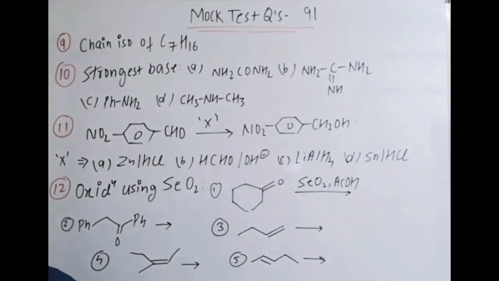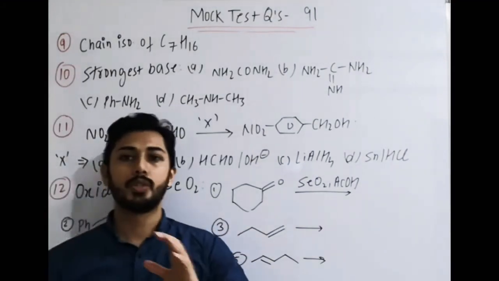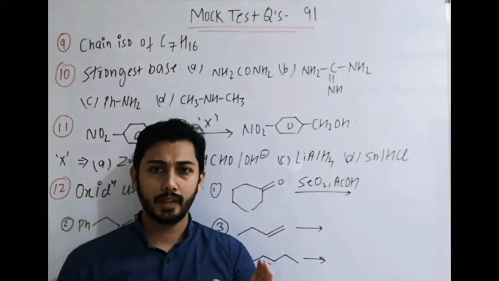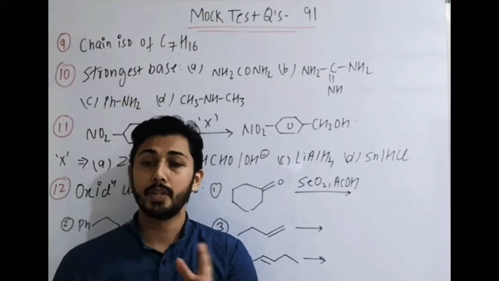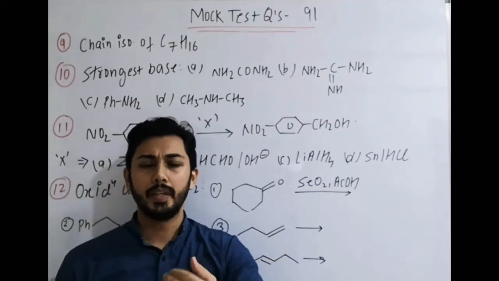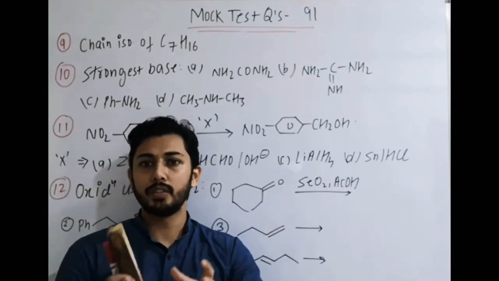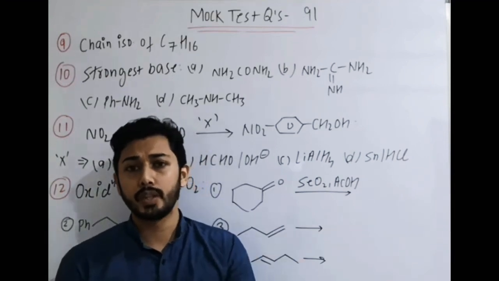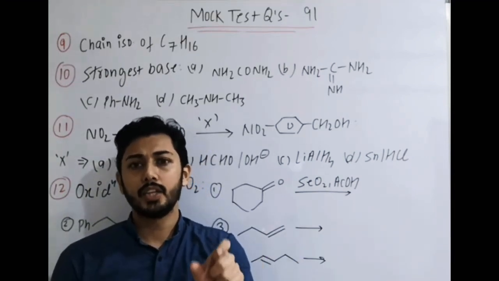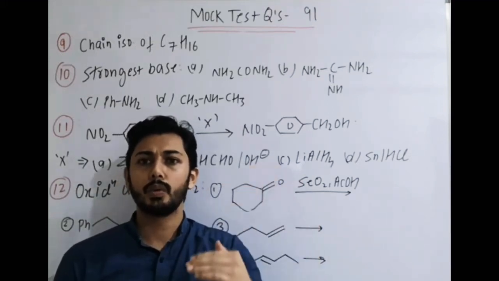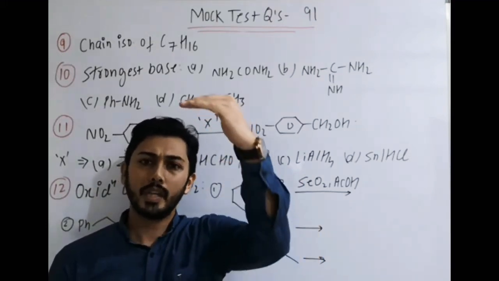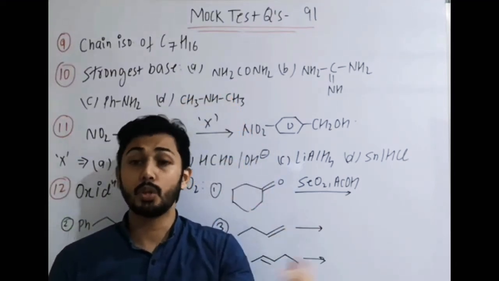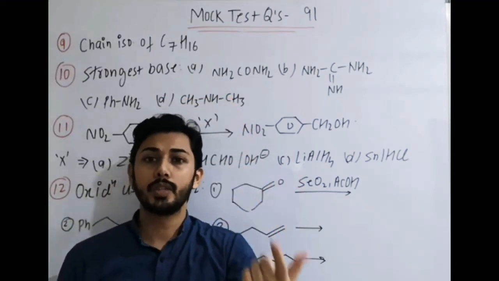Next question is chain isomers of C7H16. The formula is given, which is heptane. Now remember one thing, in NCERT they have used this term chain isomers, and for alkanes the isomerism shown by them is mentioned as chain isomers only. Maybe in alkenes and others we simply use size of the parent chain change or size of the side chain change, then we say they are chain isomers. But in alkanes, they show chain isomers, and in NCERT they have solved one question also, chain isomers of this compound. They have written all possibilities. Like position also we can say they have included in the chains on the same lines.